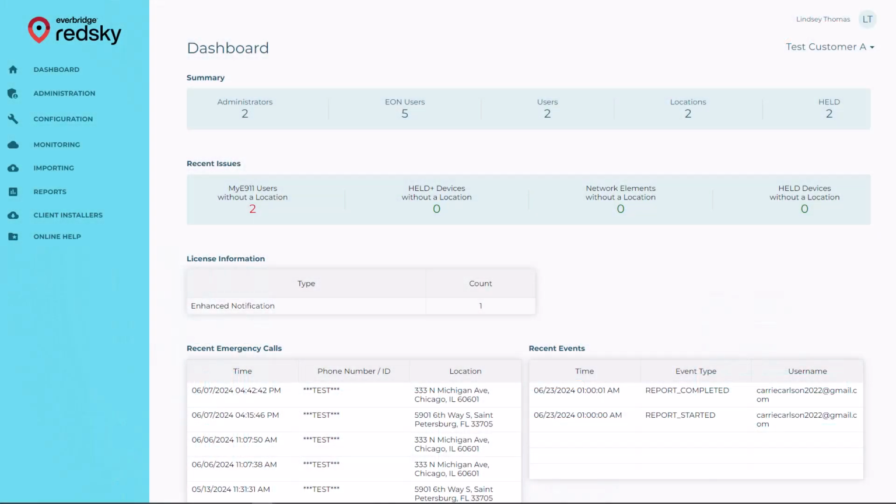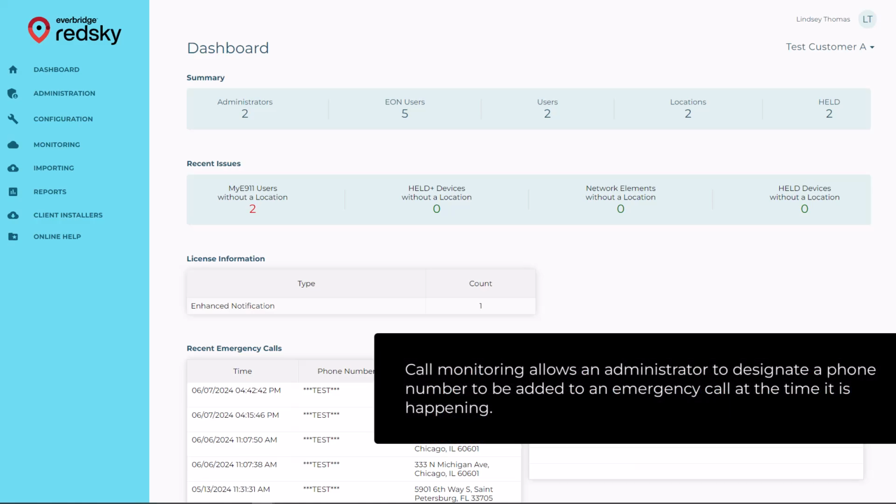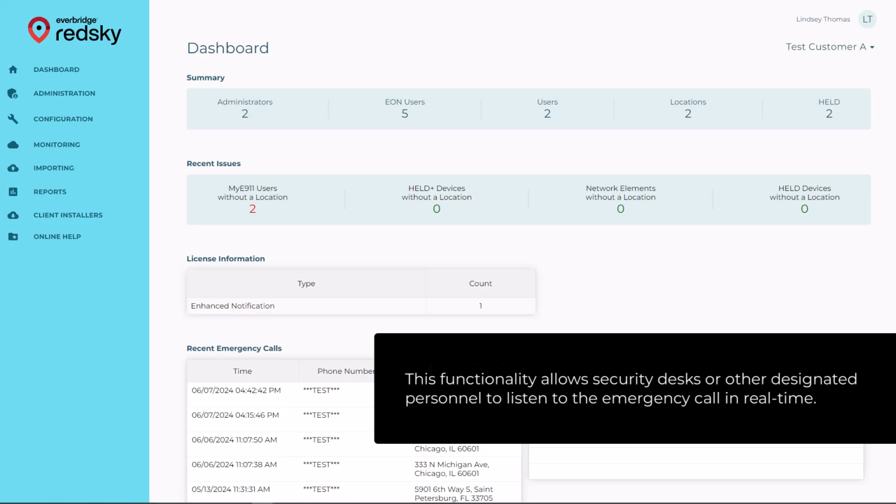If your organization has an enhanced notification license, an administrator can configure call monitoring. Call monitoring allows an administrator to designate a phone number to be added to an emergency call at the time it is happening. This functionality allows security desks or other designated personnel to listen to the emergency call in real